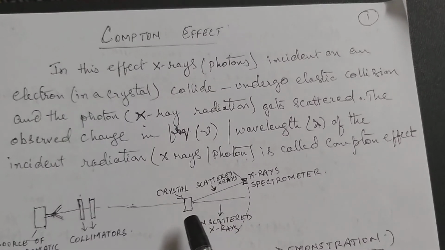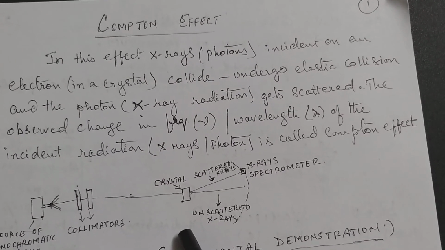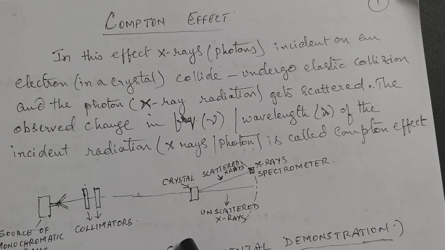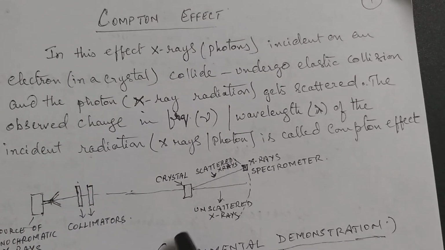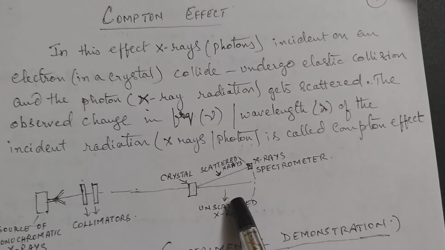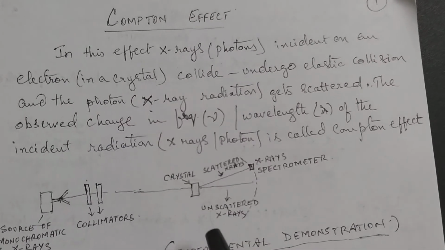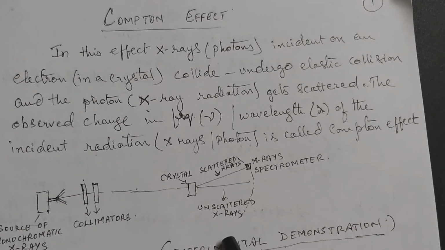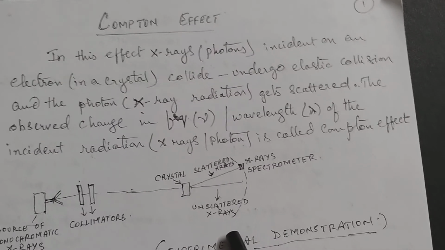So, in the Compton effect, X-rays incident on a crystal collide with it, undergo elastic collision, and the outcoming X-rays get scattered. It's not that they are wholly absorbed, as in the photoelectric effect. When light falls on a metal, it is wholly absorbed and out come the electrons. Here, the X-rays,